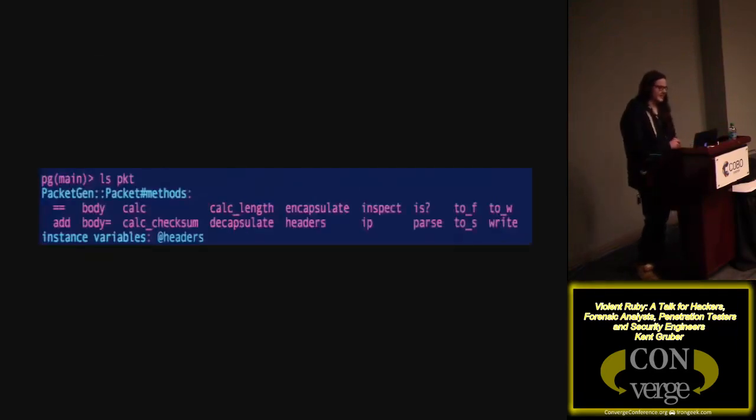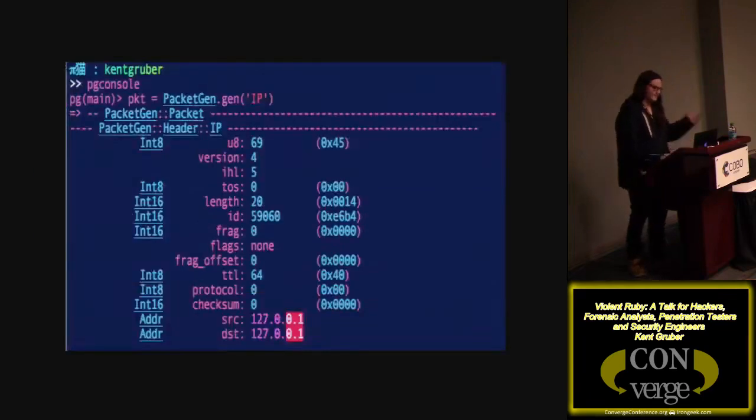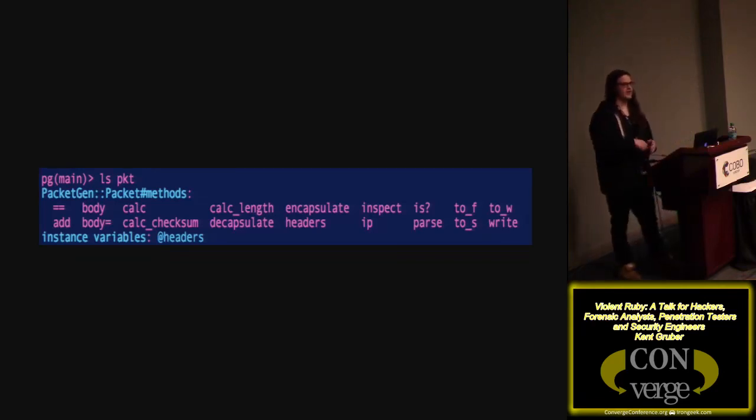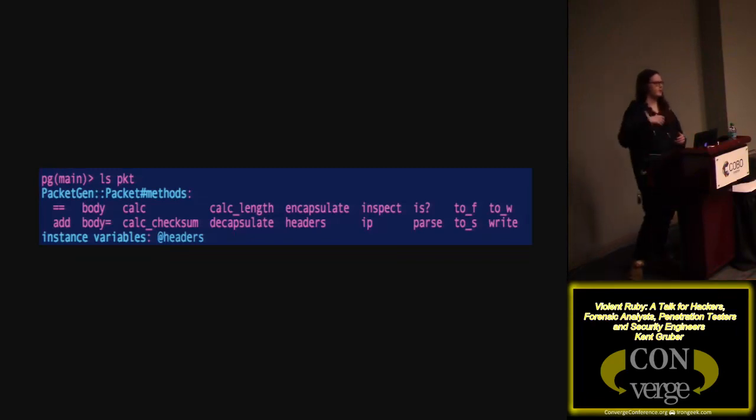And then inside of the PG console, I loaded up this PG console. When you install PacketGen, you get this interactive shell called PG console, and then you can do stuff. It's built on top of Pry, which I'll get into more of. It's a debugging platform in a way. It's a replacement for IRB. You can think of it as a REPL for Python or Ruby or any other language, where you type in something, hit enter, and it runs whatever you put into the shell.